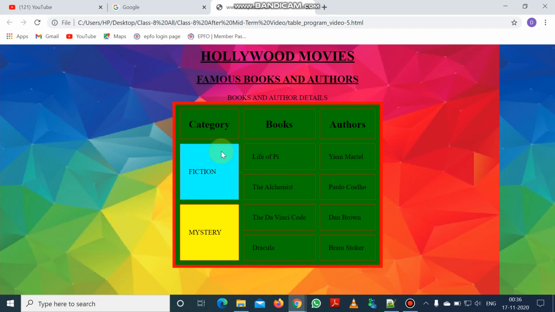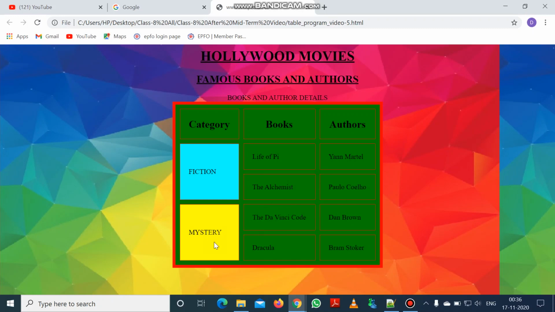In the second row the first data cell spans up to 2 rows by giving the attribute rowspan equal to 2 in the td tag, and then we have given the other two contents of the second row, that is Life of Pi and Yann Martel, and then individually we created the third row, The Alchemist and Paulo Coelho,